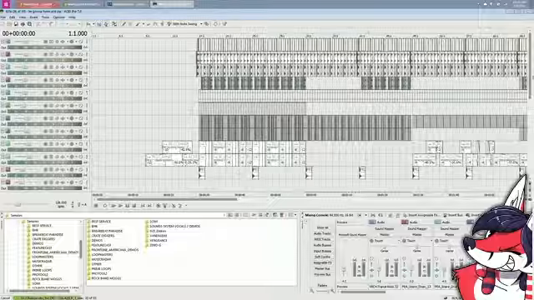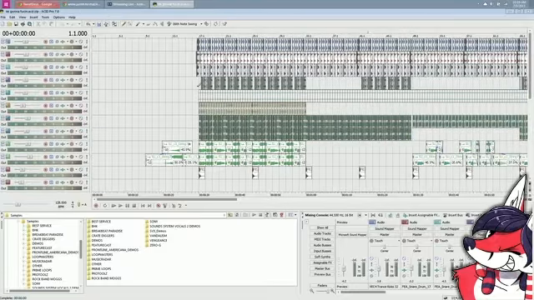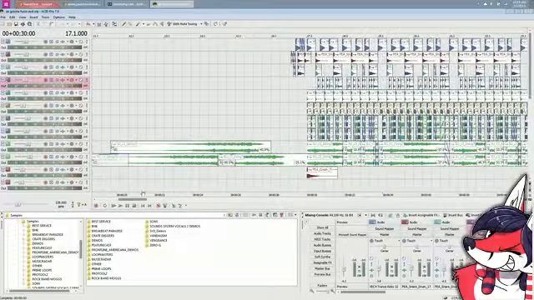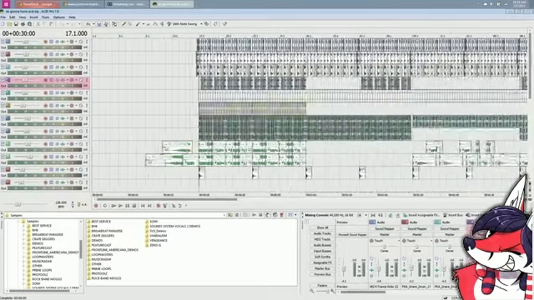Okay, so we want stems for wood grain. What do we want? Do we want everything? Because I can just do everything. Oh, there's so much.